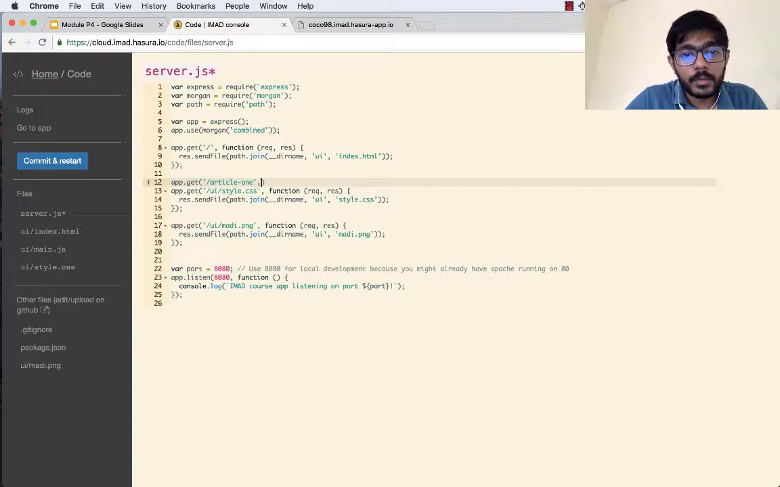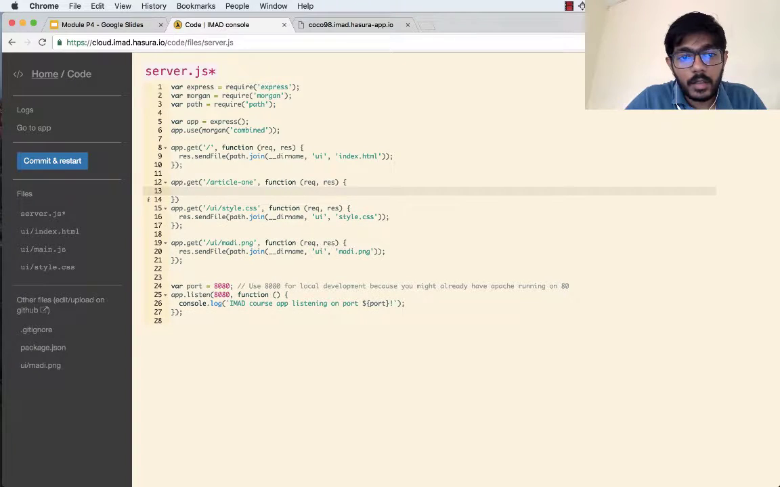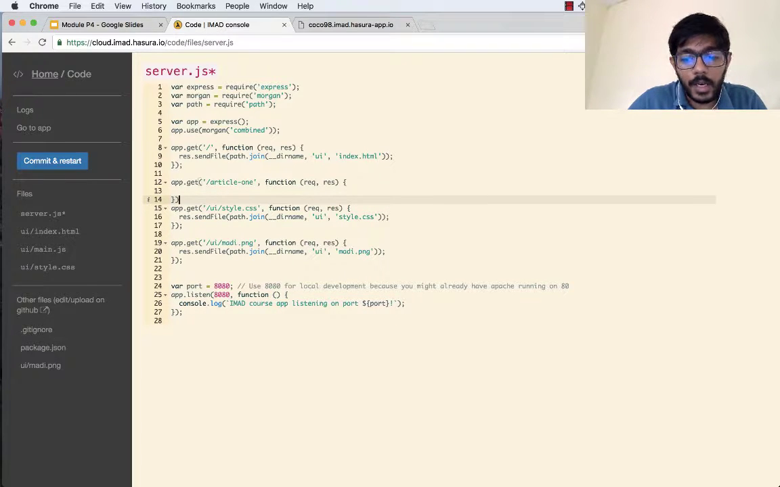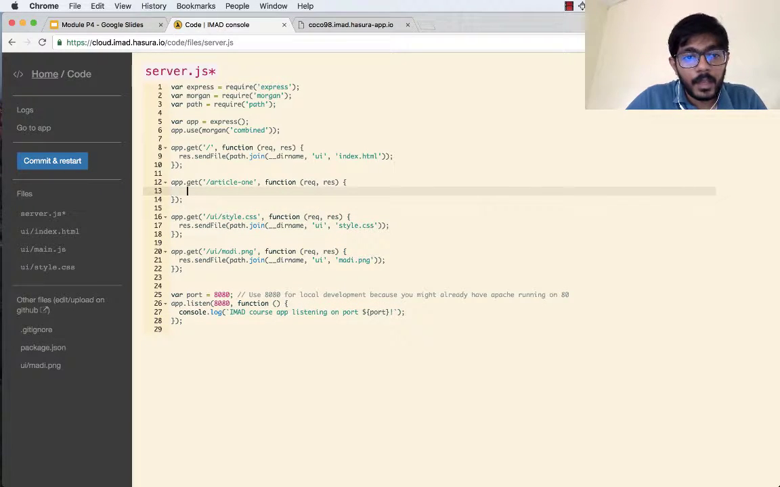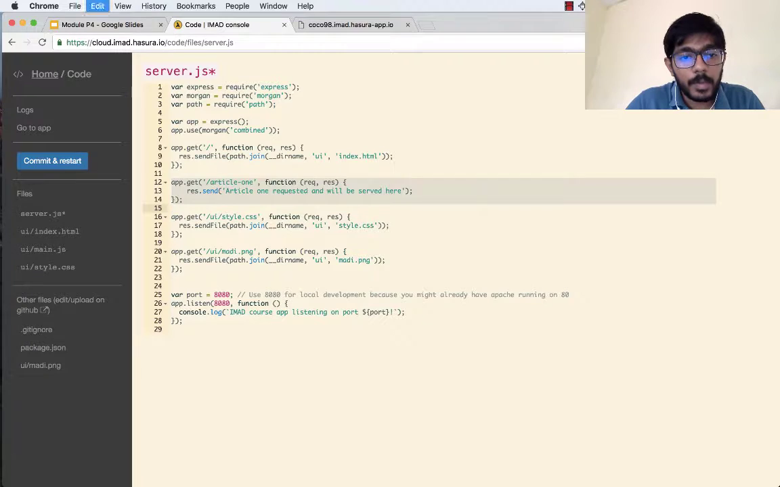Article 1, and if the article 1 URL is requested, and I'll add a semicolon here, I will currently just reply with "article 1 requested and will be served here," and I put a semicolon. I'm going to copy these lines